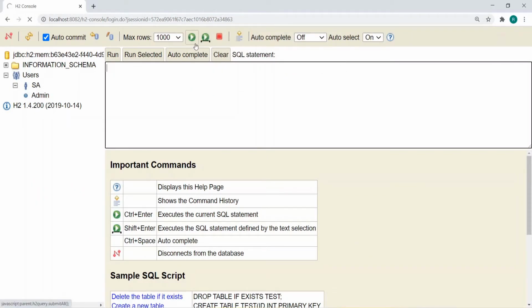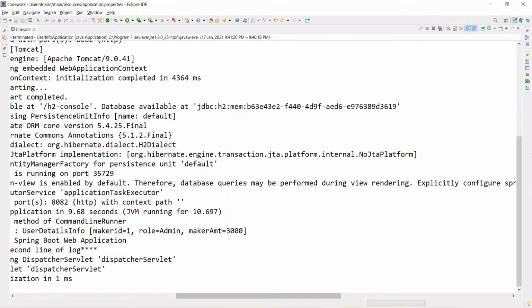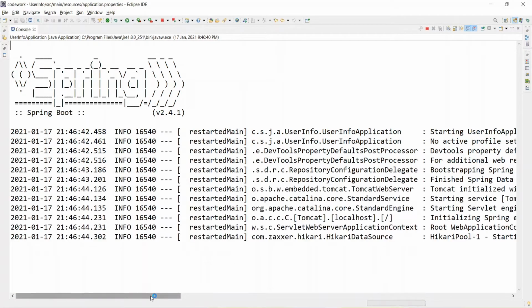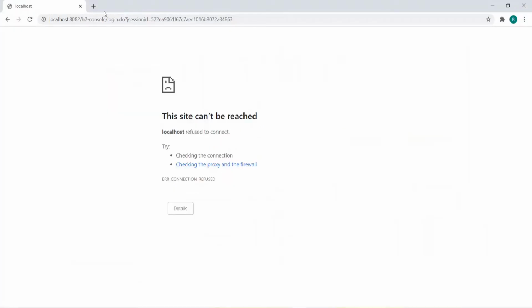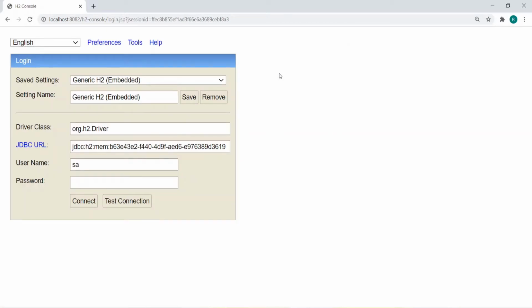It will show the page not found, the site cannot be reached, right? So again we will restart this. Earlier, if you see here, the name was something like 63. Let's restart this. If you see this time, it got created with a different one. So copy this, Control C, refresh, continue.